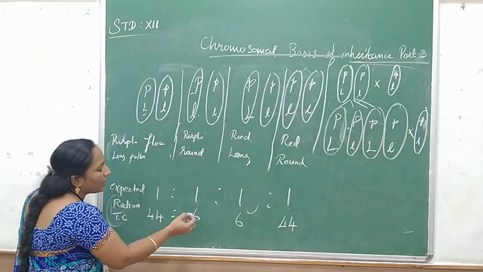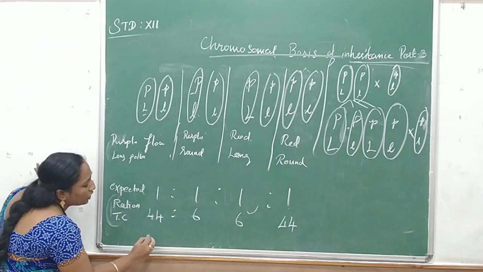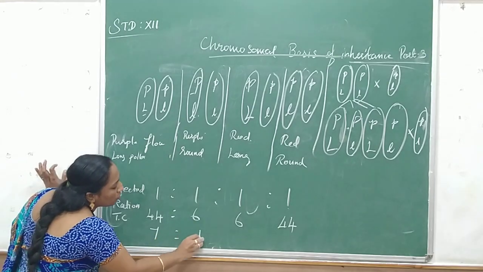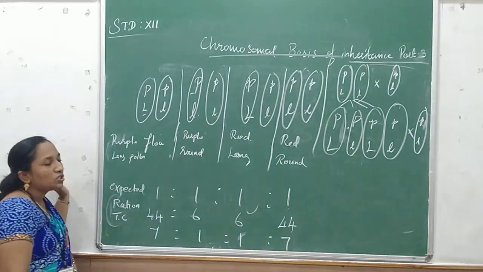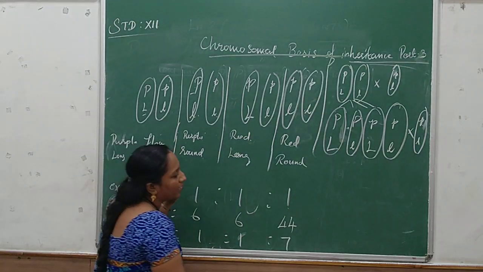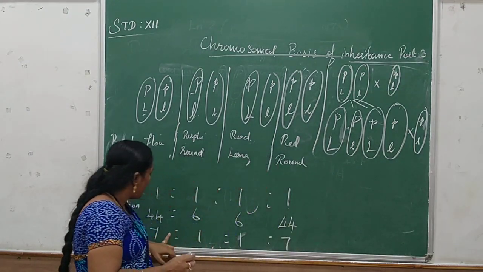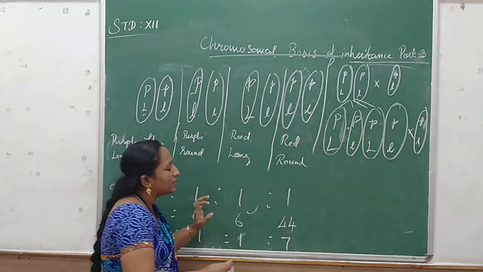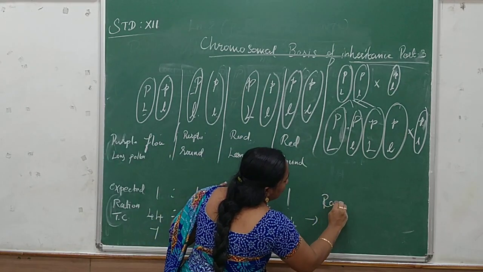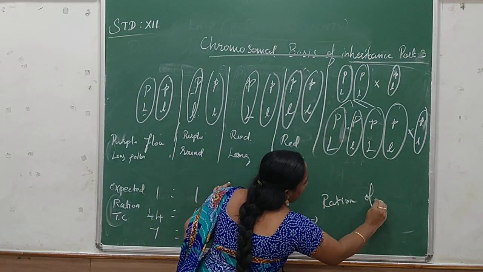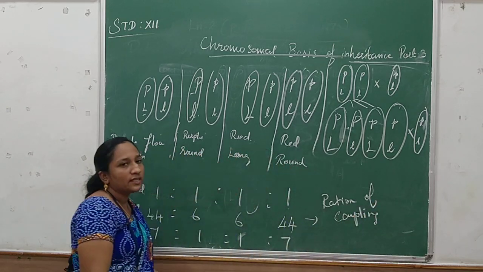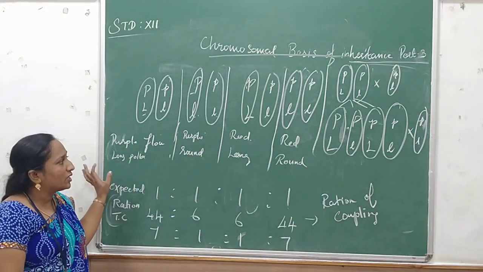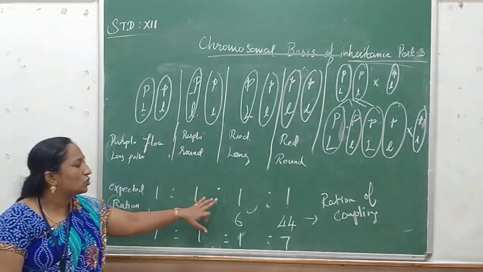If this is divided by 6, you will be getting the ratio of 7:1:1:7. So this is the ratio of coupling, or otherwise called cis configuration. So expected is 1:1:1:1, but